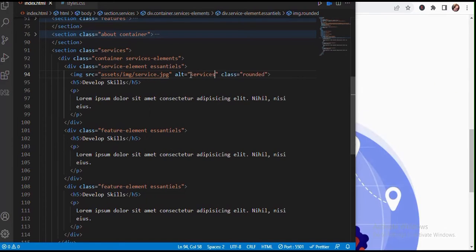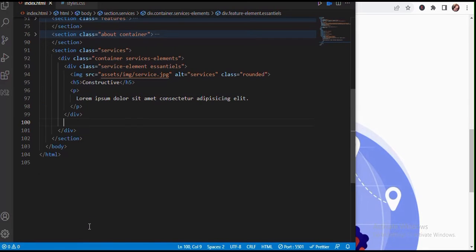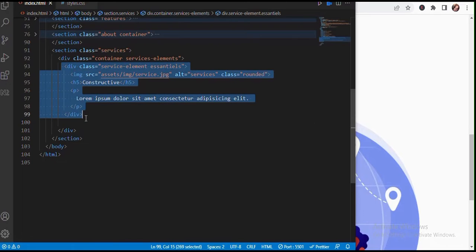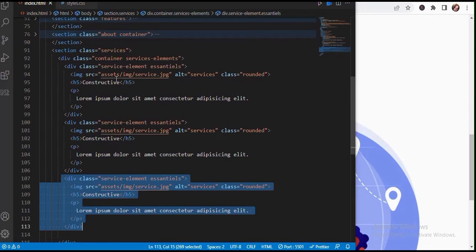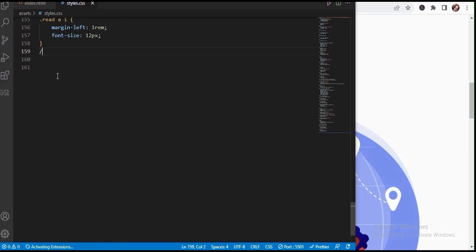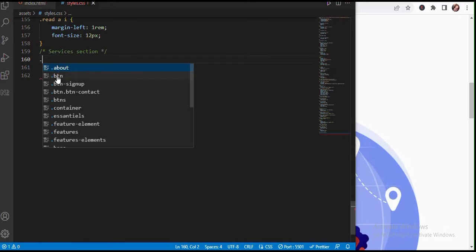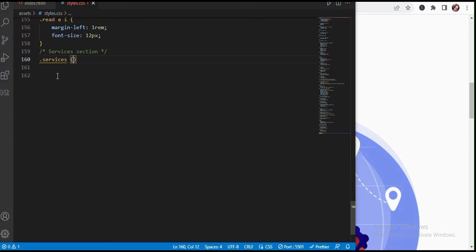So this text is going to be constructive. Remove this, grab these, and copy them twice. Back to CSS. We'll name this section as Services section. I'll start with Services. Within the curly braces,